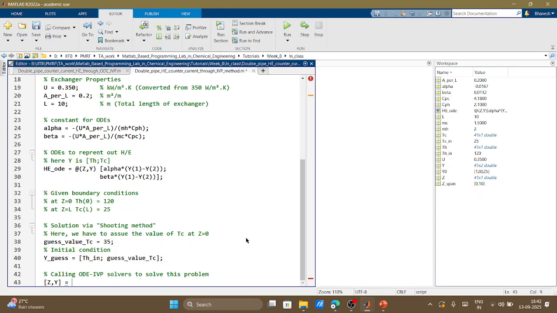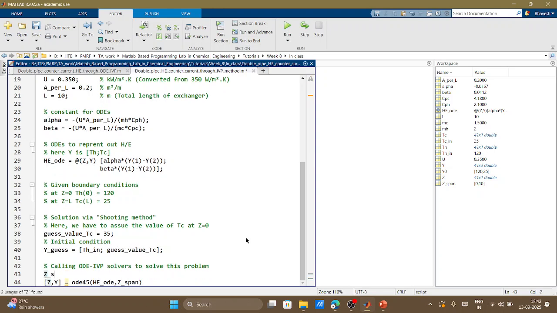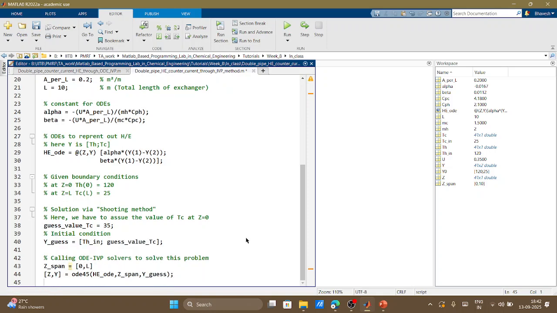This becomes my ODE45, my function which is heat exchanger ODE. You have to provide a z span, right? So z span here, let me create it. Z span can be from 0 to L, right? And your y guess, right? Once you do that,